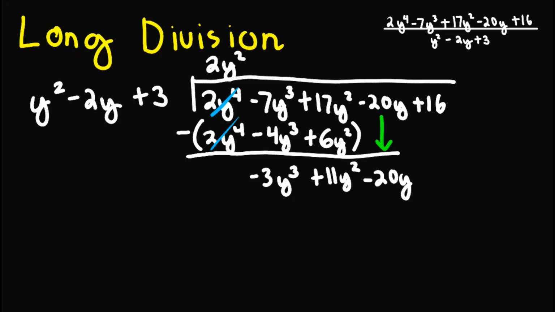We repeat the process since the degree of this part out here is still not less than this one. So repeating the process, divide this term by this term. That will give us negative 3y right here. Then multiplying this to this one out here, and subtracting that one here,